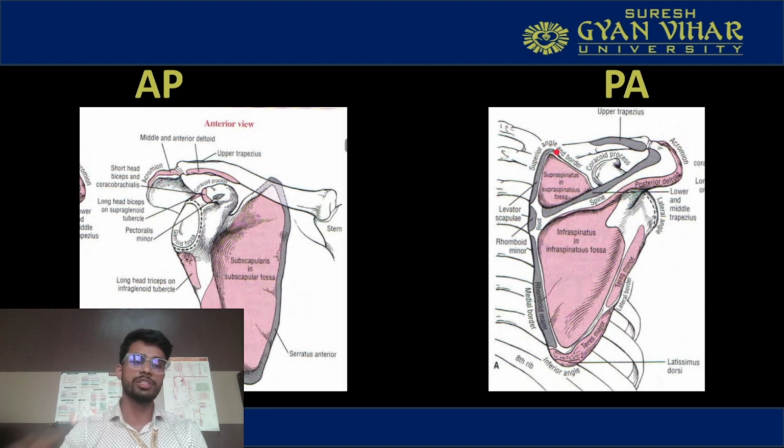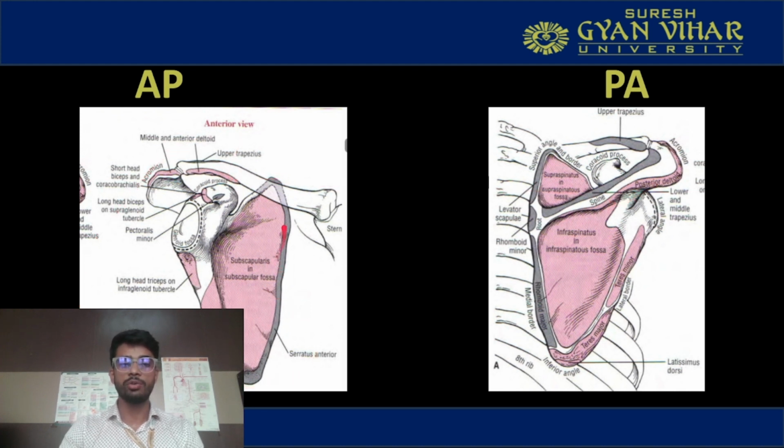These are two views. This is the anterior view, and this is the posterior view. And here you can see the attachments of the different muscles. Here the subscapularis muscle is attached, and over here you can see the infraspinatus muscle, and the supraspinatus muscle is there. This is the attachment site for the levator scapulae. There the rhomboid minor muscle is present. Here the rhomboid major muscle is present on the medial border. On the lateral border, on the lower side there is teres major, and on the upper side there is teres minor. There is the attachment site for the posterior deltoid.